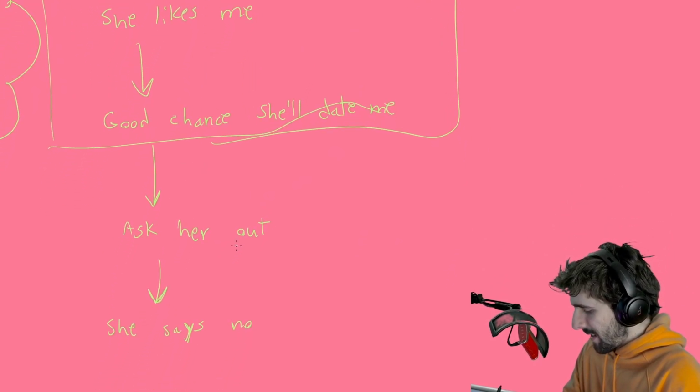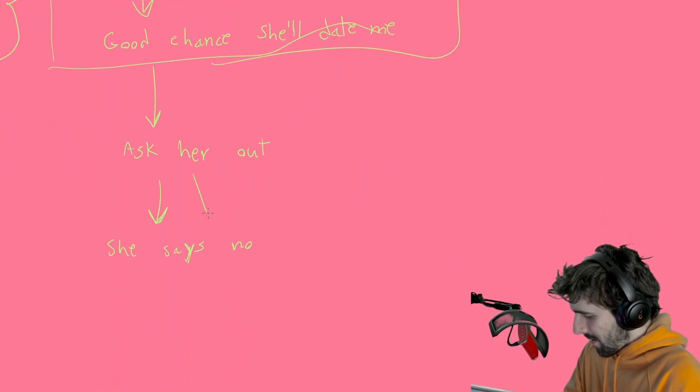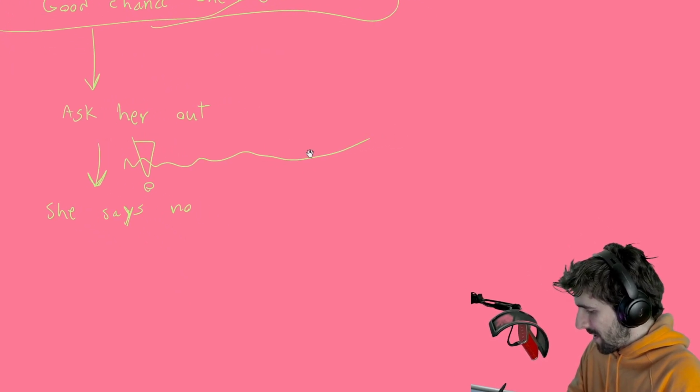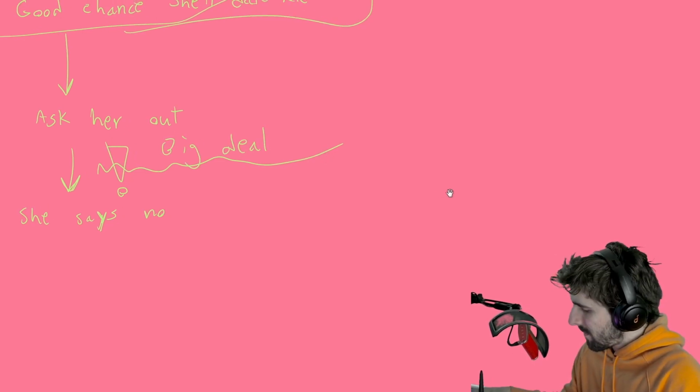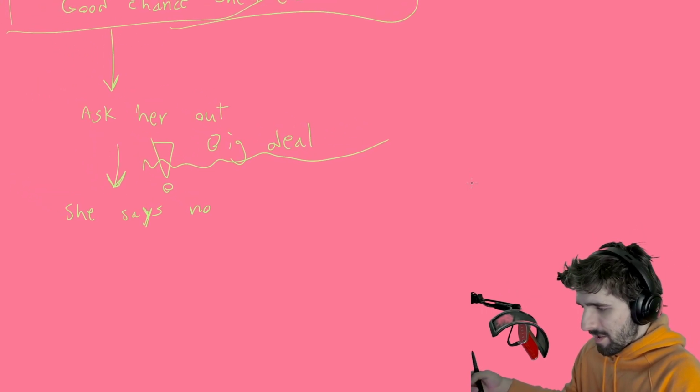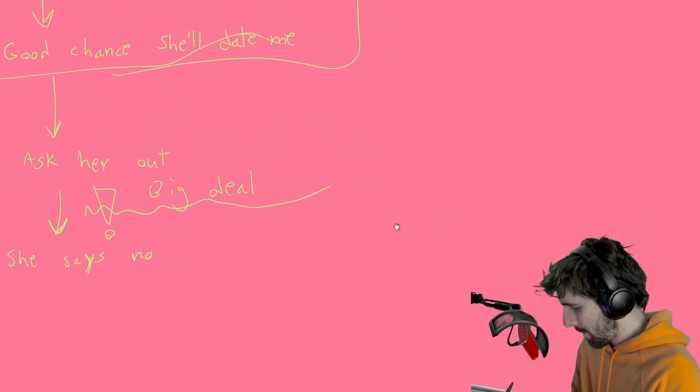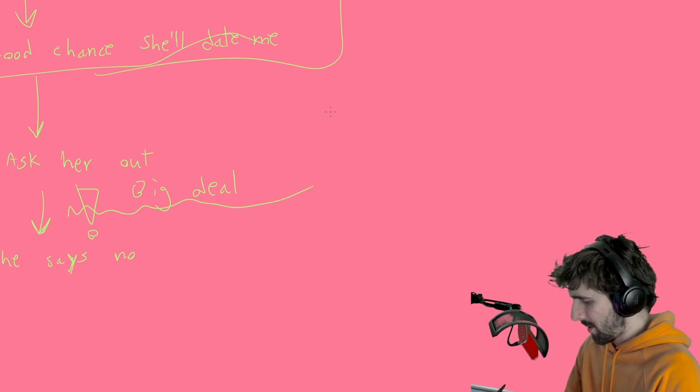Now, let's say this is the calculation point. This is the big deal. This is you asking her out. So what do we do here? So what happens here? Basically, you have to come to one of 2 conclusions